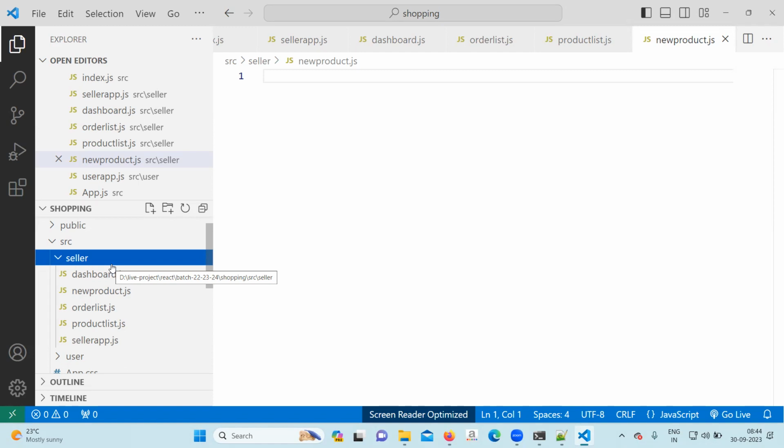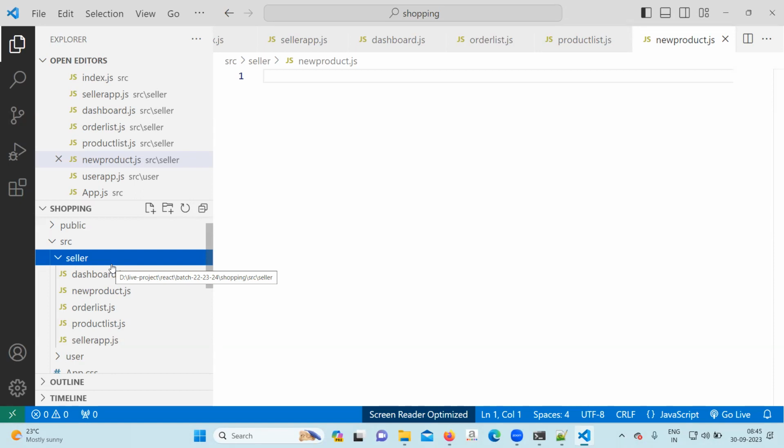One order, 3 items, but the 3 items belong to 2 sellers. One seller will log in, he will see one order has come. Another seller will log in, he will see the 2 orders have come. But the customer is the same. Correct? That functionality we will be developing where? Under the seller module. A seller will log in, he will see how many products he has and how many orders he has received. When he goes to the order list, he will see what the products are, how many quantity, and who the customer is.